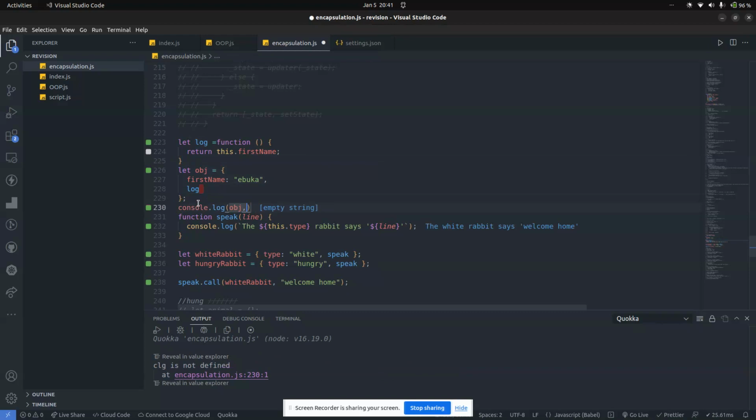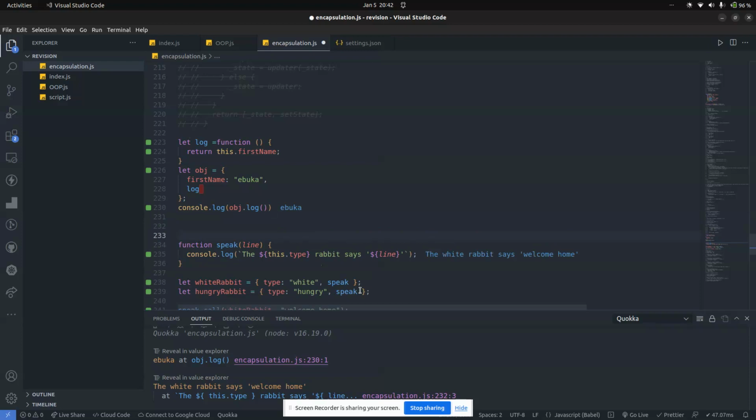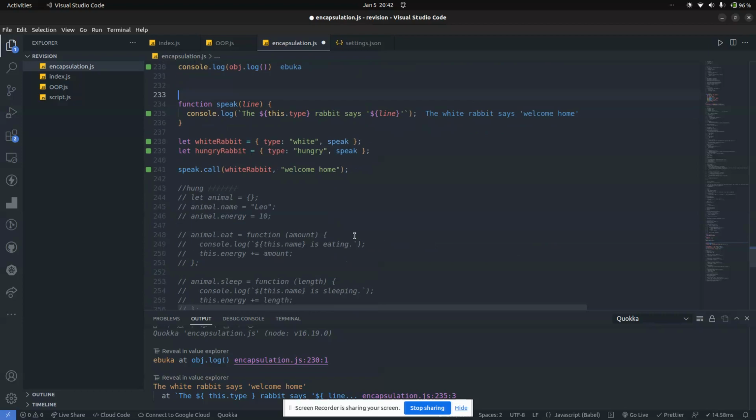obj dot log. See, this thing that is confusing you, confused me too. I'm not going to lie, so don't worry. You are in this together. So when you do obj dot log, I get a book, right? So basically the function is being passed in as a key to this object here. So that's what's going on here. Obj dot log gives you a book, if it's outside. So this function that we have here is outside, but it's being passed into these two objects. So when you do white rabbit dot speak, right,